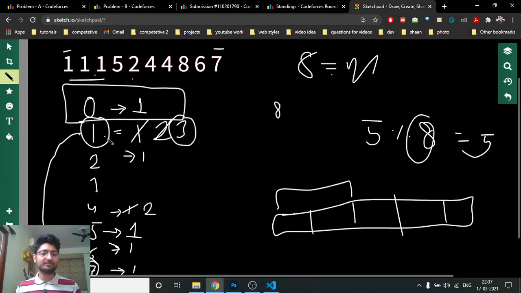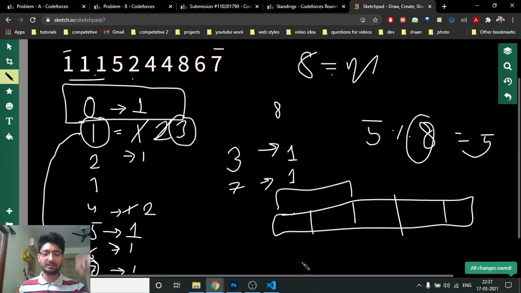And okay, if 1 is present, how many numbers are present? Now there are 2 cases. As you can see, the number present is 3. So there are 3 numbers present which are giving a modulus of 1, and there is only one number present which is giving a modulus of 7. Okay, now what you can do here is, I'll tell you more with the example. First we're going to see this example.